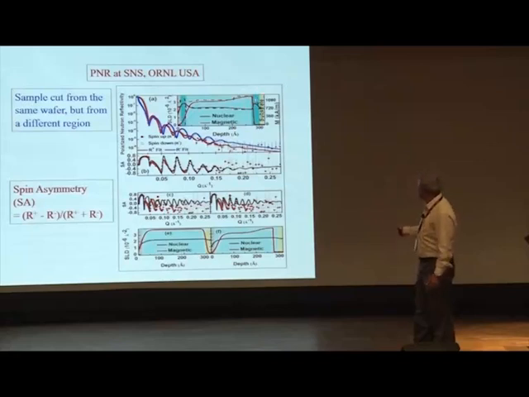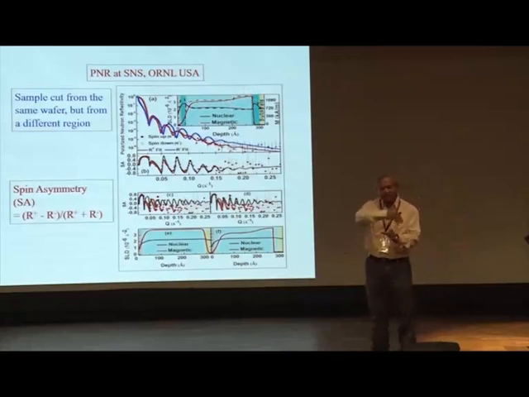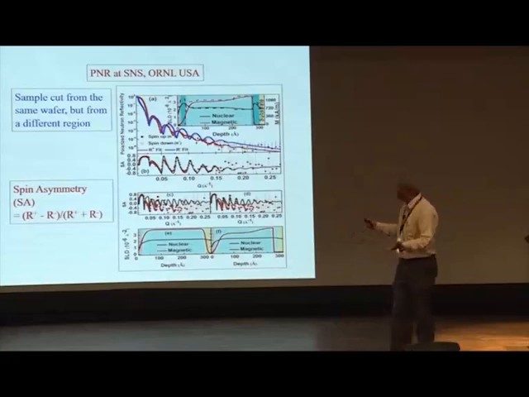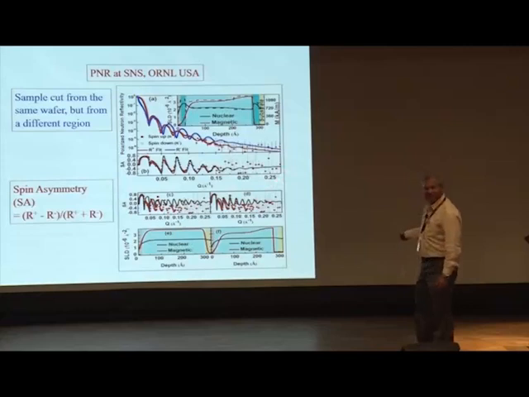You have a slightly different value of this because we have a large sample and we have just cut a little part of it and sent it there. So there is some variation, of course, lateral variation, but the major features are still the same. So now you see that we could carry out the measurements up to a momentum transfer larger than 5 times what we could do at Bhabha Atomic Research Center, but still our results are the same.